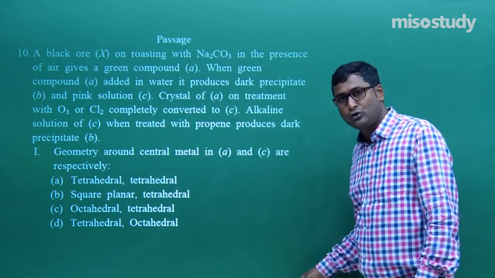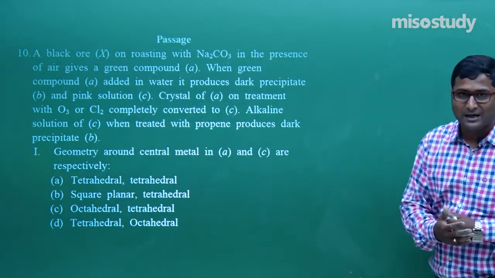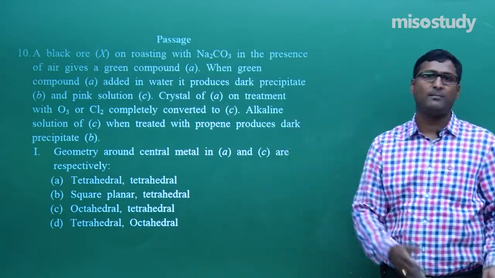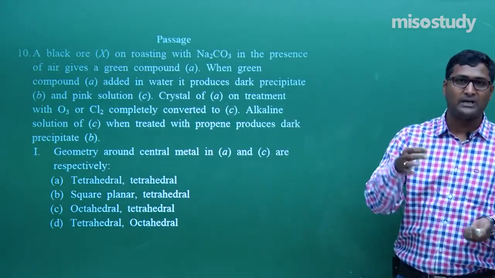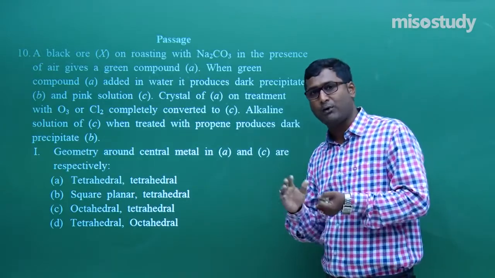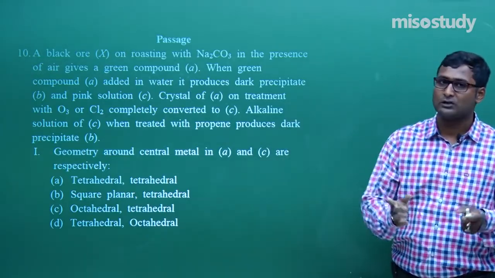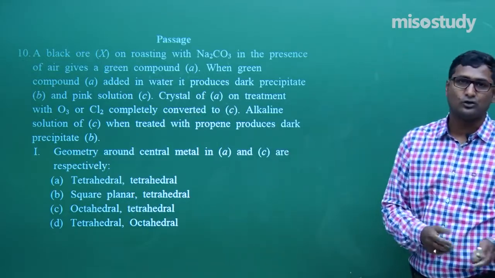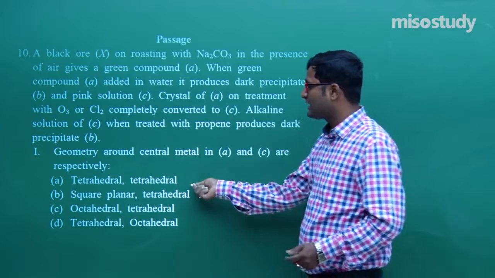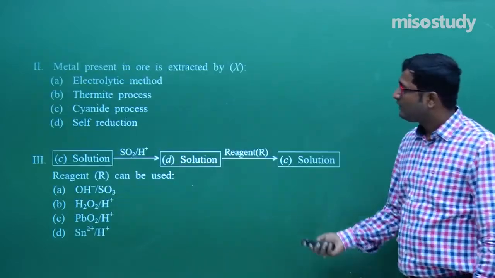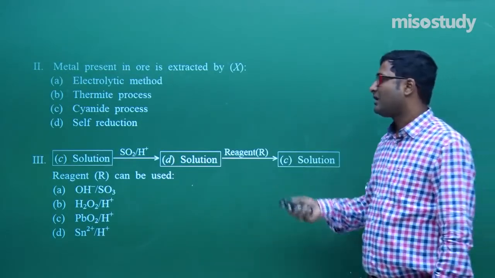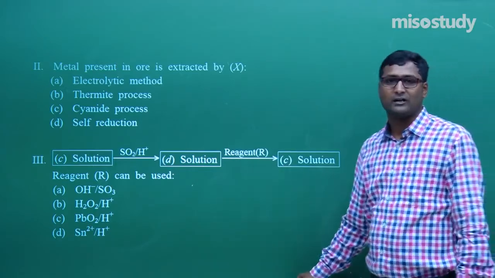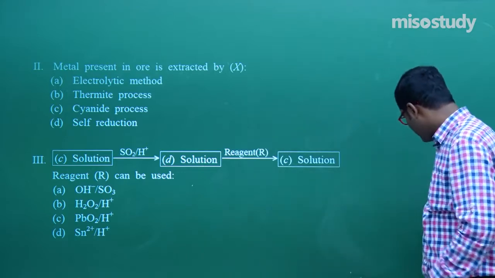Now we have completely revised all the questions. I am repeating again, for this chapter, the Ellingham diagram is one of the most important topics. So you have to focus on this topic. You can easily solve the questions related to competitive examinations. For this question, what is the correct option? A. And for this question, the thermite process, B. And for the third, C is the correct option. Now I think you can easily solve it, friends.